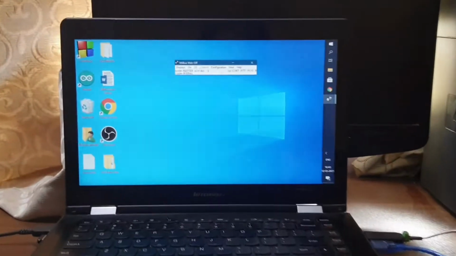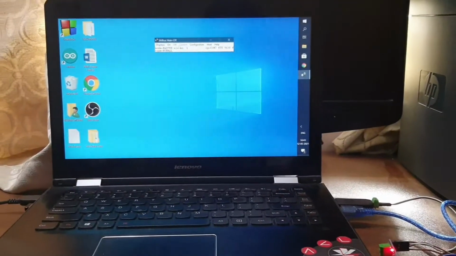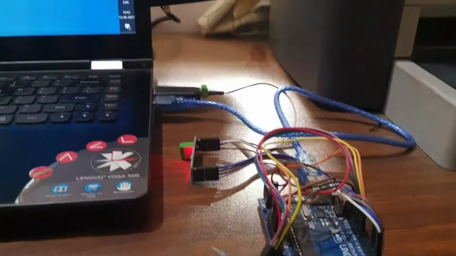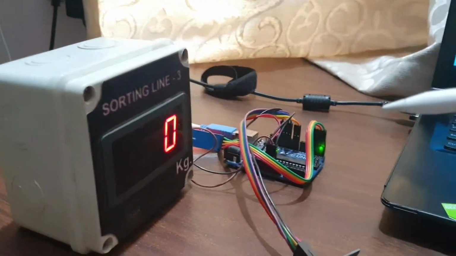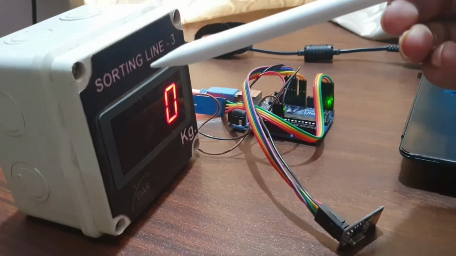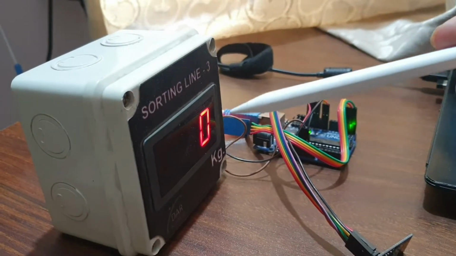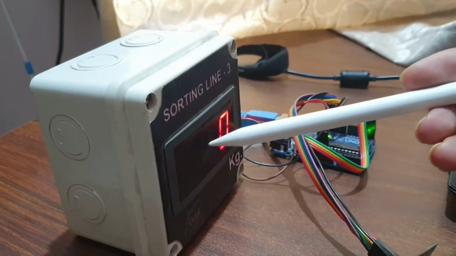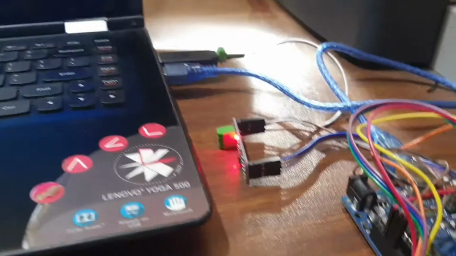So in this setup, the laptop here will act as a master, and this is our master transmitter setup here. And on this side is our slave side setup, which includes a display that we'll use to give the demonstration today, to display the data on this 3-byte LED display. So let's get to the setup first.